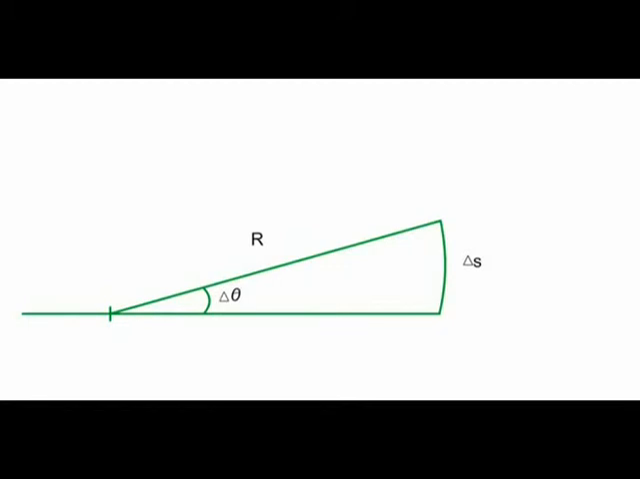So here we can see that this delta S is the arc of a circle, and this is the center of the circle. Let's say this is O. So an object travels from point A to point B, making an arc, the length of which is delta S. R is the radius of the circle. So as we can see here, this arc makes an angle delta